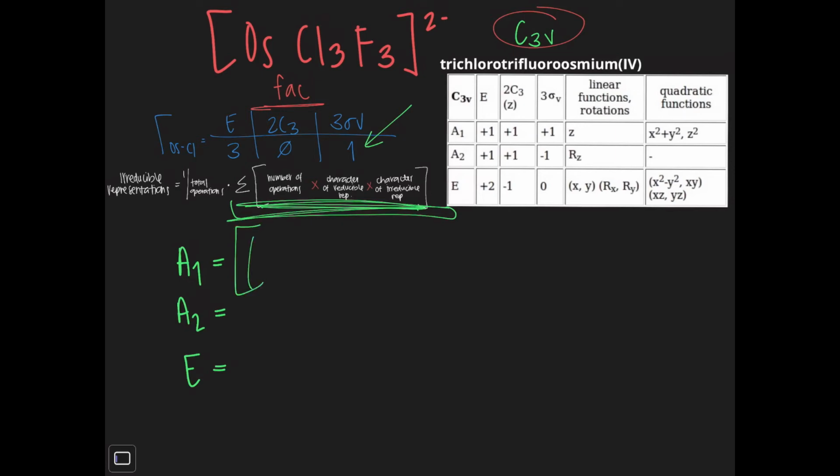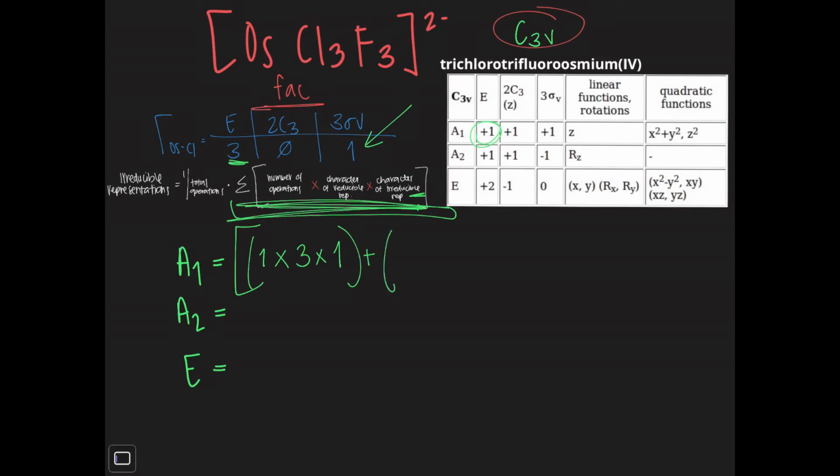We start with the first symmetry operation, which is identity. There is one identity operation. Then the character of the reducible representation, which is the number of unmoved atoms, is 3. So we're going to calculate that times 3. And then the character of our irreducible representation is going to be plus 1. So we're going to calculate 1 times 3 times 1. Then we're going to add